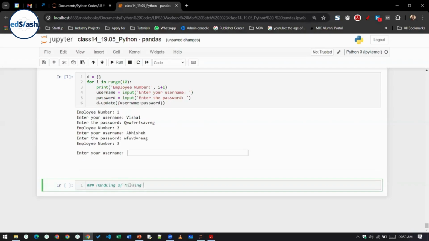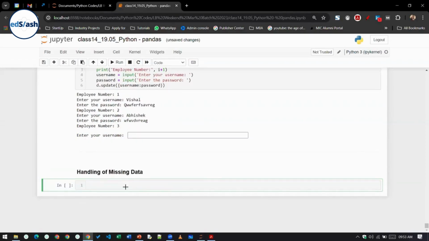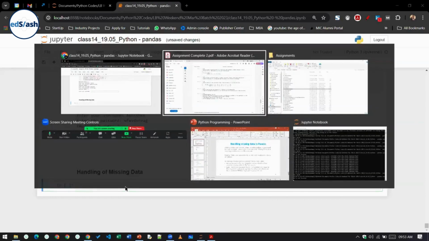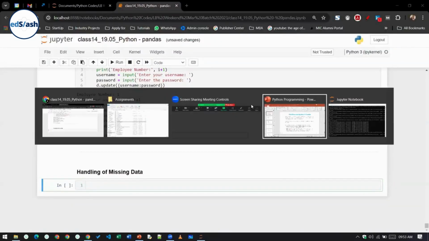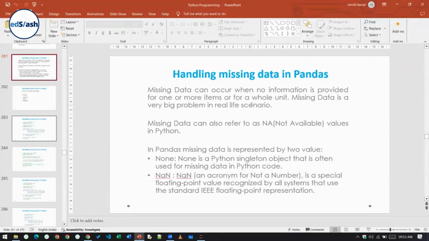Handling of missing data. Okay. Now, what do you mean by missing data, class? Let's see. Missing data, yes. Basically, missing data can occur when no information is present for one or more items or